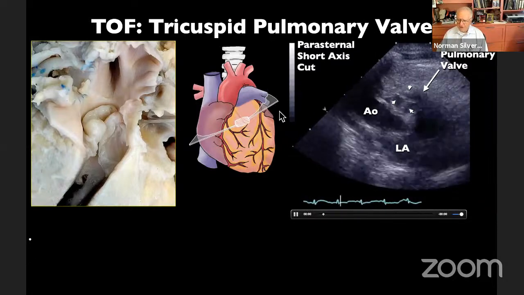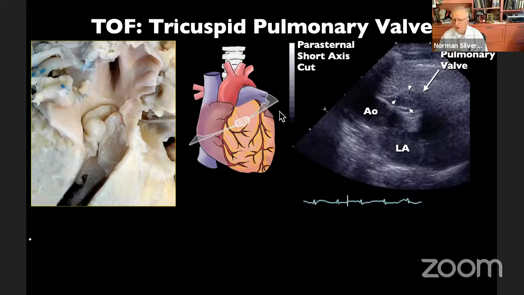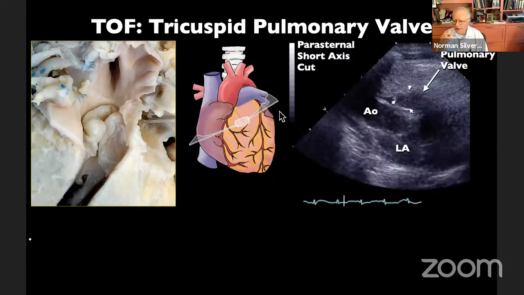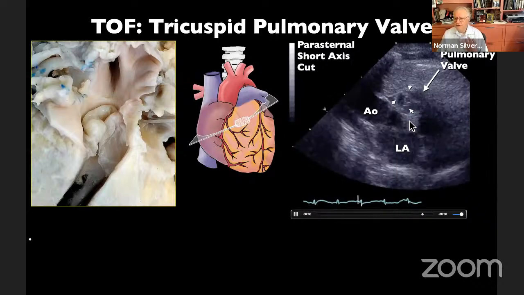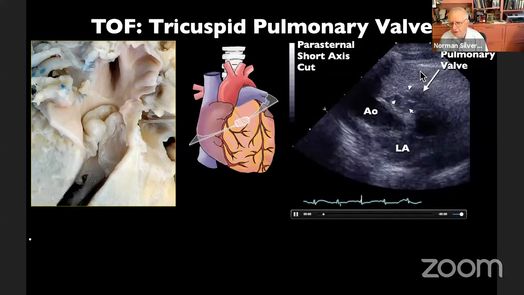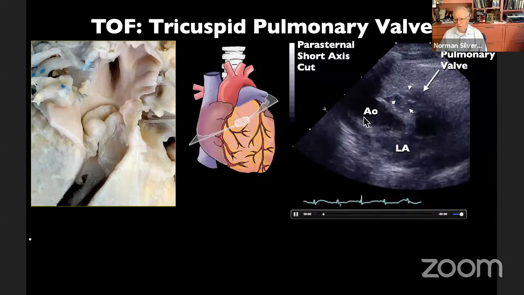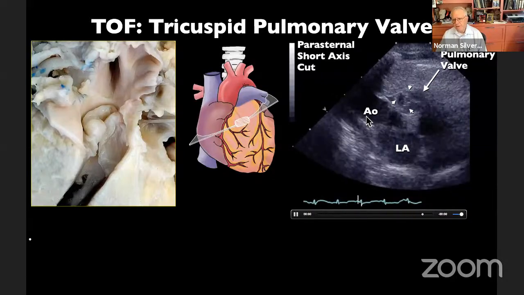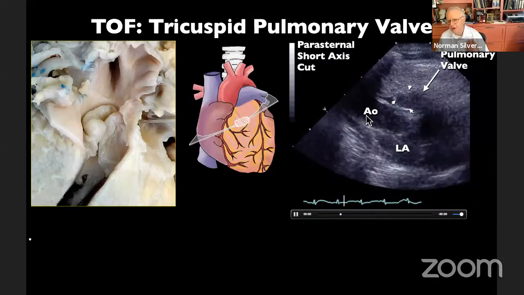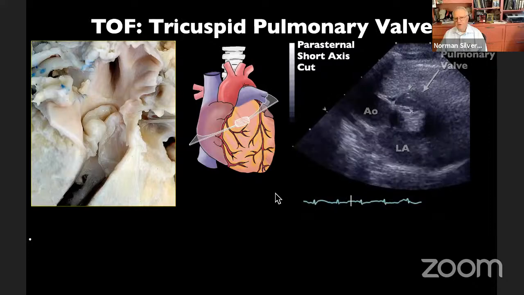Now, I must tell you that in order to see the pulmonary valve leaflets, because of the rotation of the heart and the right ventricular hypertrophy, the pulmonary valve actually is deeper in the thorax than it is in the normal situation. And so in order to see it, you have to bring the probe up a little higher and turn it in a more clockwise direction. So you have to not go in the standard parasternal plane, but come up almost underneath the clavicle, rotate the probe round and inferiorly, and you can get pictures like this in a large percentage of patients with tetralogy of Fallot.